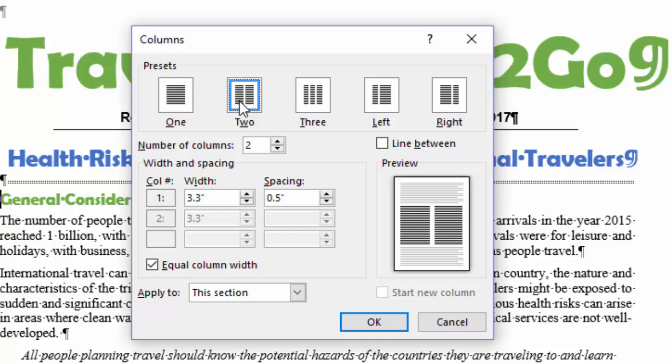Now we could have chosen 2 back on the other, but I'd like to show you a couple of things. So we're also going to click the spacing right here, the width and the spacing down arrow twice until we want it to be 0.3. Okay, so that's how much spacing in between the columns. Then we're going to click on OK. Notice it says this section, so we want to apply it to this section. So we click on OK,